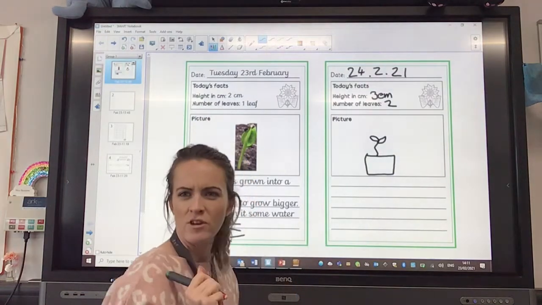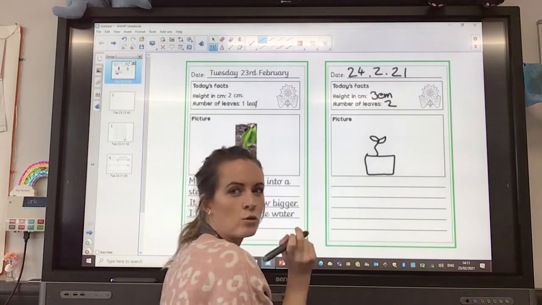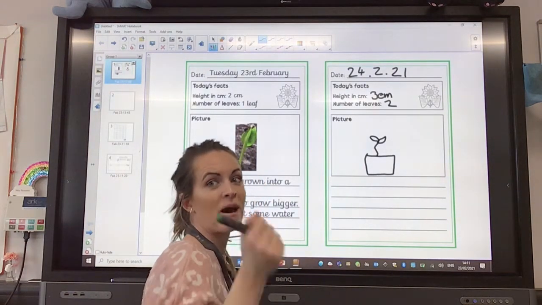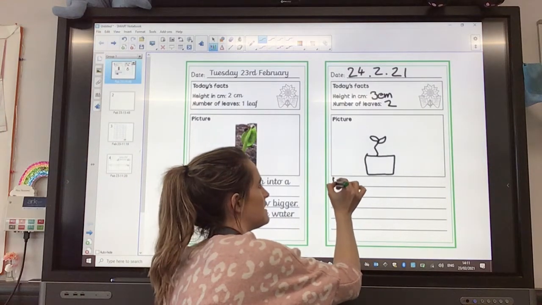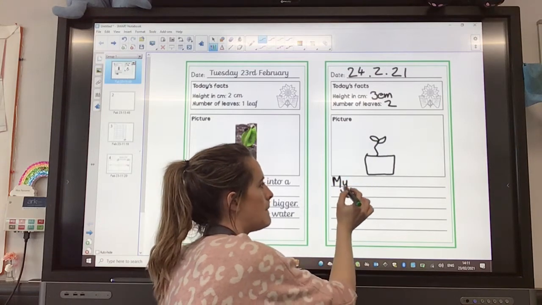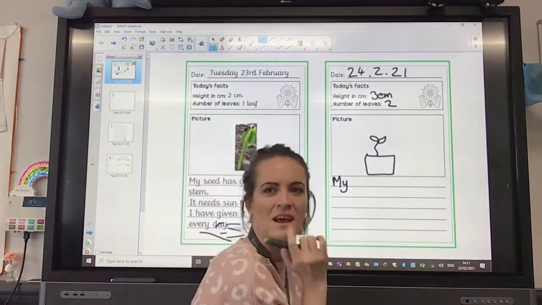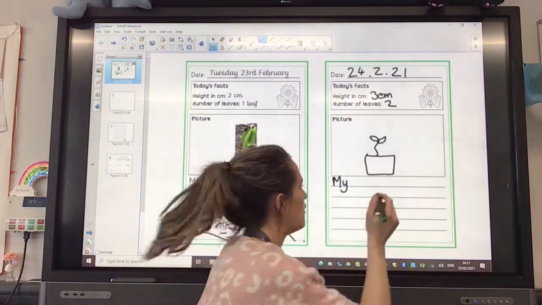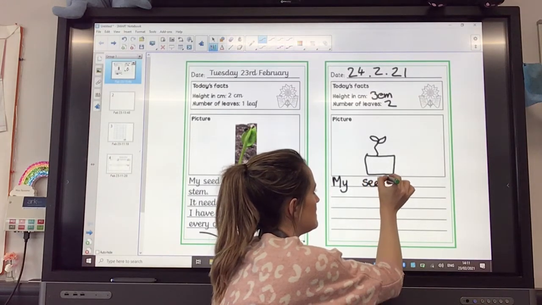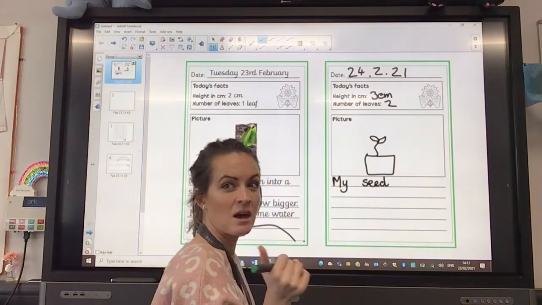So what do I start my sentence with? A capital letter, very good. My, my. And Y spells my. It's one of our tricky words, isn't it? So capital M, nice tall letter. My seed, E. How do I do that E sound? Can anybody remember? Well done. Finger space. My seed has